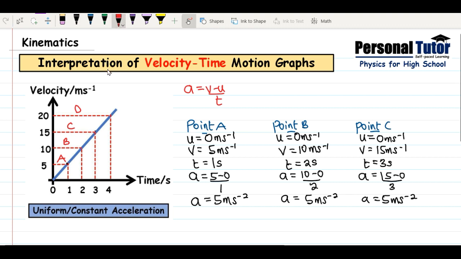So friends, if you noticed, at each point, the acceleration is the same. It has a constant acceleration. It is uniform throughout. You can do that of the D and realize that it's also 5. So that is why it is called uniform or constant acceleration, meaning the acceleration is the same at every point. Thank you. Let's go to the last graph,